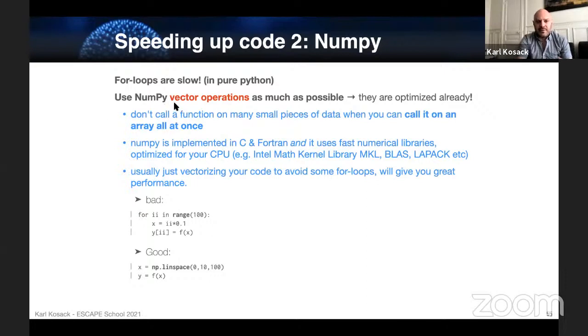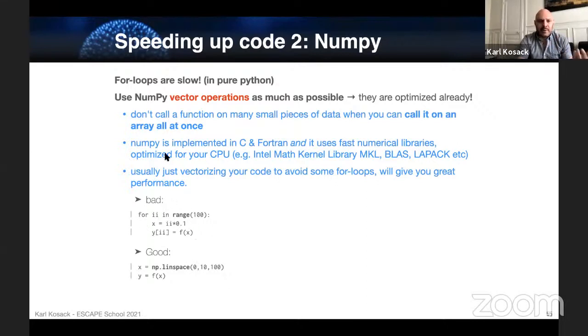NumPy tends to favor what we call vector operations, meaning that you define an array, sometimes it's called a vector in C, and you operate on that array all at once. So instead of doing a for loop like this, where you say for i in range(100), x is i times 0.1, and then y is f of x, you just make an array of all the possible inputs and then call f on that array. And so this is a vector method of doing the same thing that you would in a loop like this.